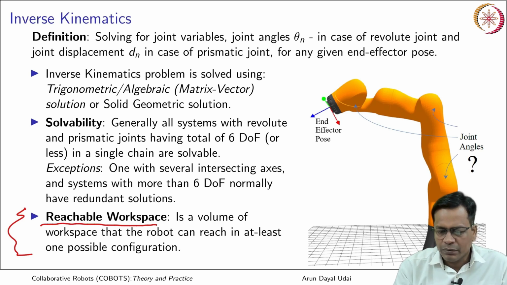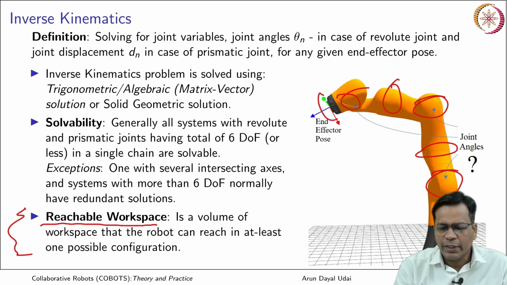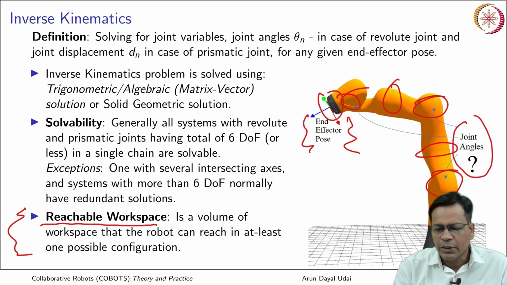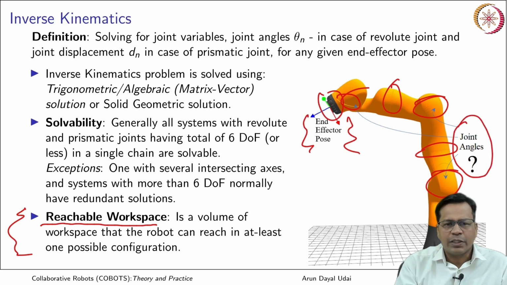So this is a robot, it is the KUKA IWA which is shown here. So these are the joint angles which it has. Okay. So various joint angles are there. So end effector pose will be given and I am required to solve for the joint angles. So in case of cobots, they are mostly having revolute joints and will solve for joint angles.